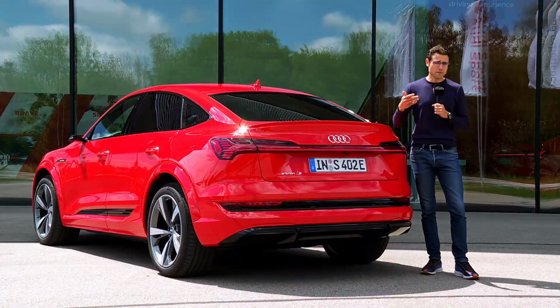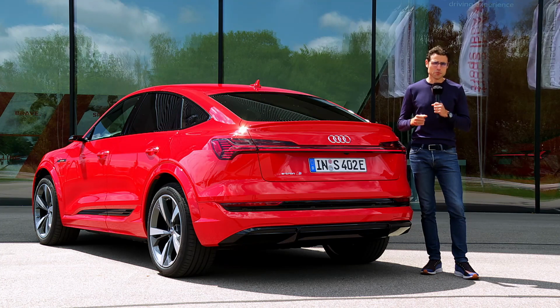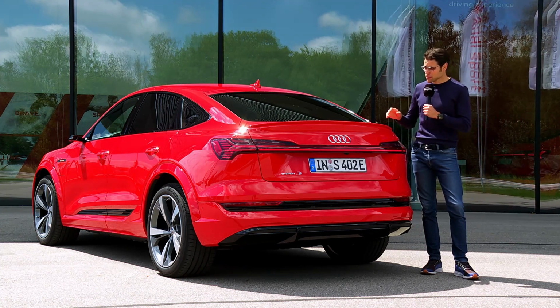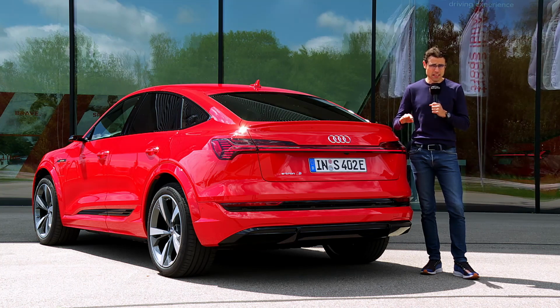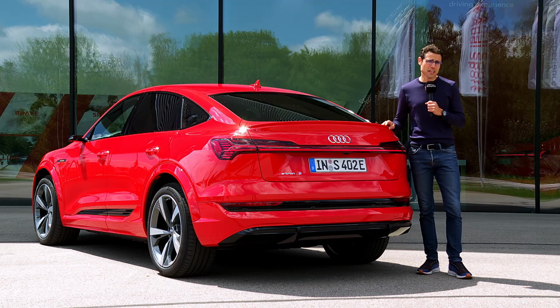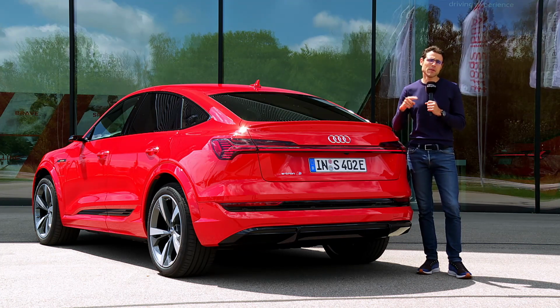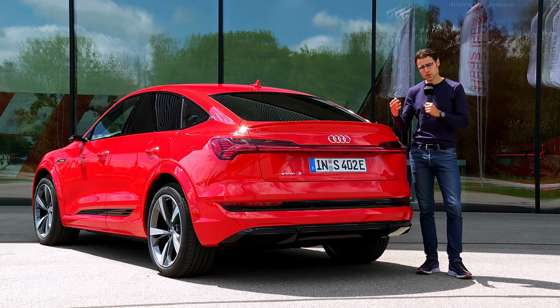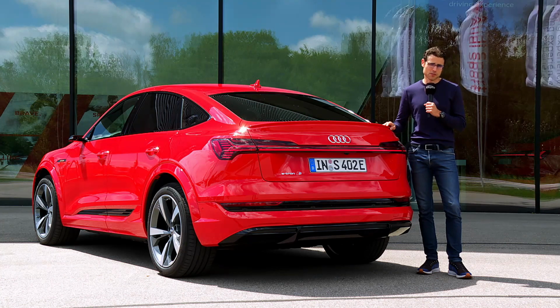By the way, you can even go up to 22 inch wheels, optional, but that of course reduces the comfort. The Audi e-tron in general comes with air suspension as a standard in the S line, and also here in the S model the air suspension has a stiffer setup. Here even a little bit stiffer, and you cannot deselect it. In the S line you can go for the soft setup optionally, and here you always have the stiffer air suspension setup